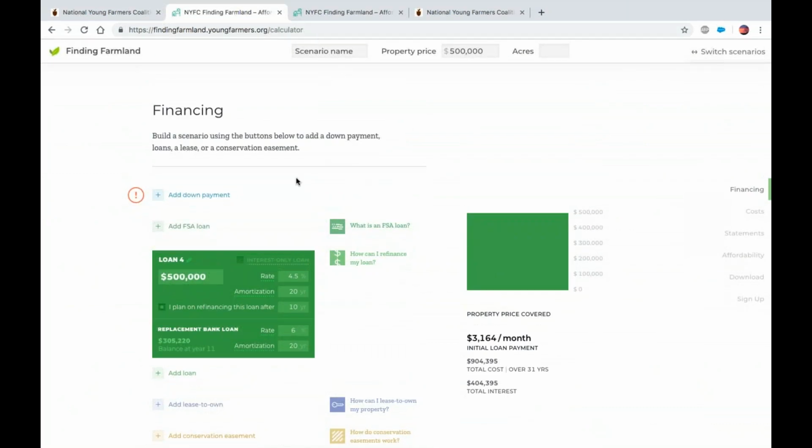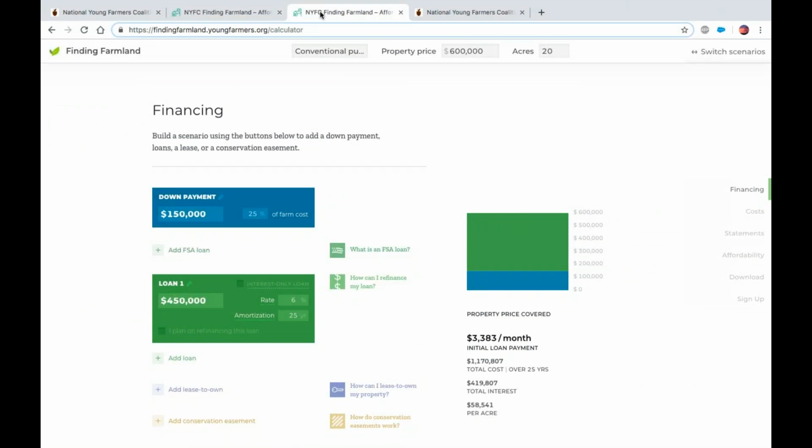So let's take a look at how the calculator is actually used with a few different scenarios that I've got set up here. If you notice in this top right box, you have the ability to switch your scenarios, and you can name your scenarios whatever you want. I tend to like to use it to look at one property at one price, and look at financing in a few different ways so that you could compare and contrast how different financing options turn into different monthly payments or different total costs.